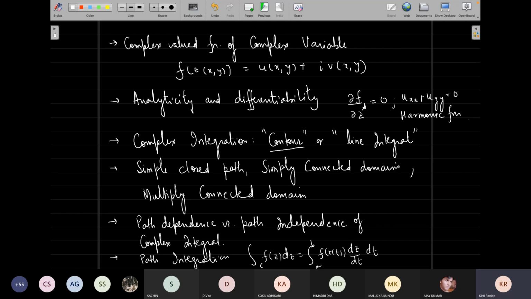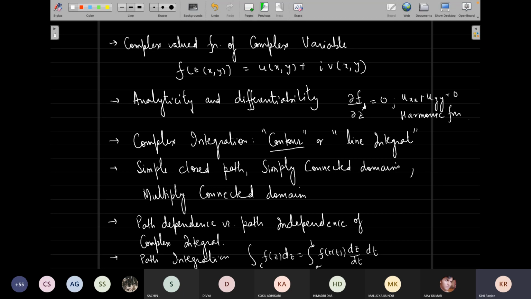The rules of differentiation are basically the same as for real variables, as long as we understand that the function is analytic in a certain region. We discussed entire functions, and that there exist certain points where the function may not be analytic, which we call isolated singularities. The important condition is that the limit, which is the derivative, exists from all directions of the Argand plane, so that del f over del z star is equal to 0, which is the complex form of the Cauchy-Riemann conditions.